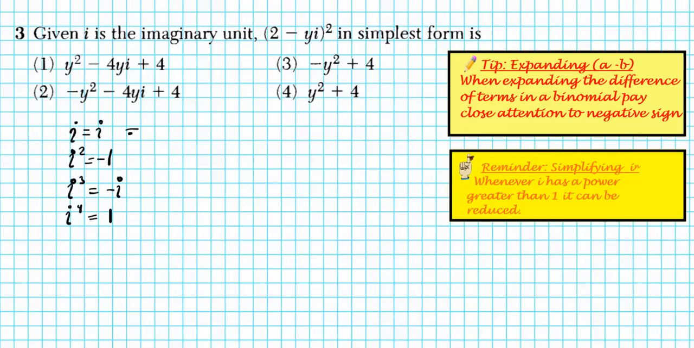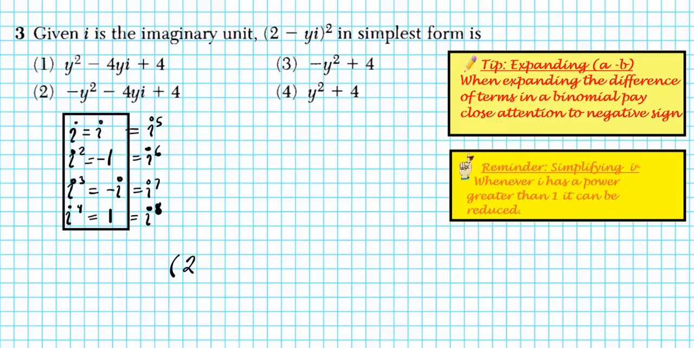So this is i to the 4th, i to the 5th, i to the 6th, i to the 7th, i to the 8th. And then this pattern just keeps repeating itself. What you want to remember is the first 4, because everything just falls into one of these categories. Just count and identify where you fall in. So let's keep that in mind. Now, let's go ahead and write this in its simplest form. It's basically asking us to expand. So we have (2 − yi)